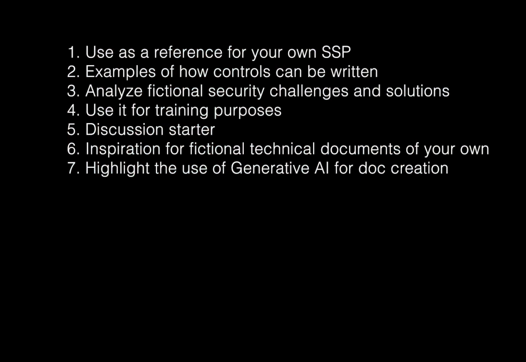And then finally, I wanted to highlight how you can use generative AI in creating a technical document. There's a lot of capability here, and what I'm ultimately hoping is we can get to a place where we're spending a lot more time implementing controls than we are writing about them. The writing is important, but I've never stopped an attacker yet by hitting them over the head with a 500-page security plan. Right? The controls have to be implemented, and focusing on that is the right thing to do.